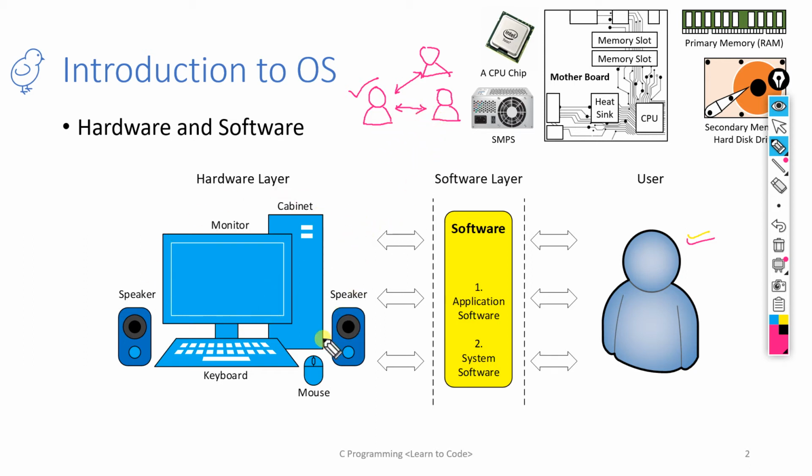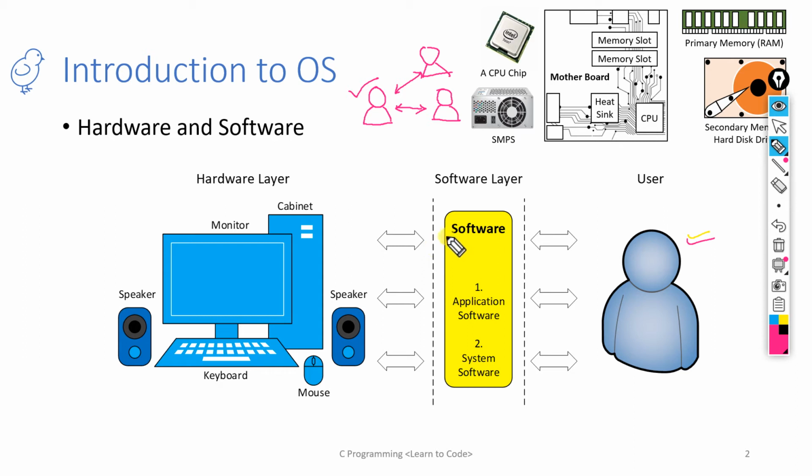When you buy a computer and have not installed any software, then that computer is unusable. That means to operate the hardware or the computer, we have three layers. The first layer is the hardware layer. Upon the hardware layer, a software will be installed. Software is nothing but a set of instructions, and we use a language to write this set of instructions.